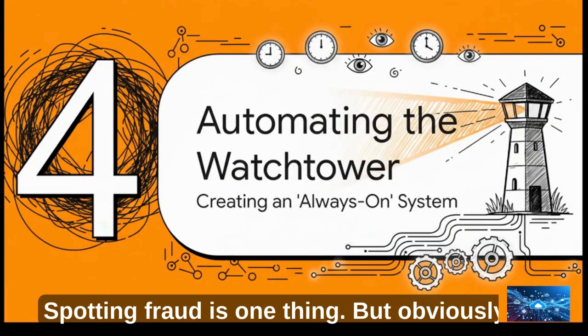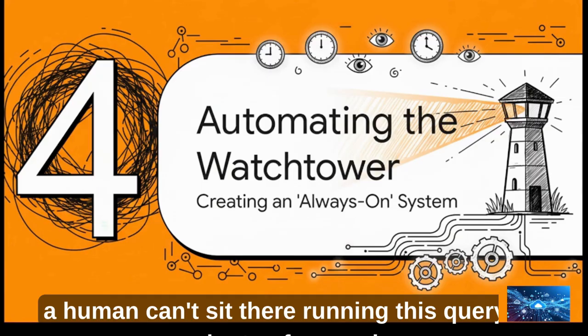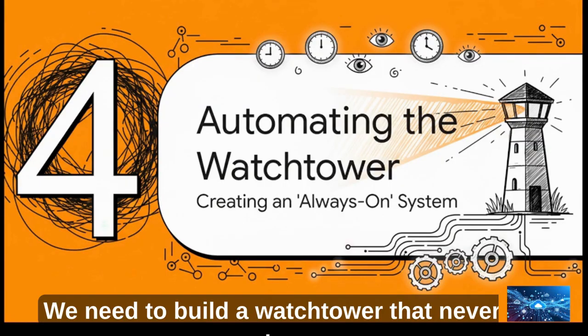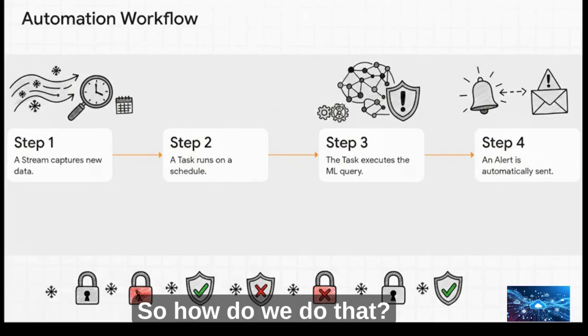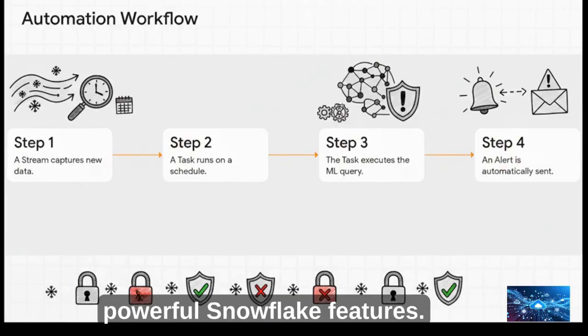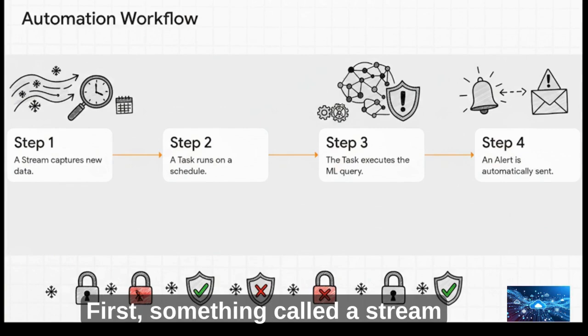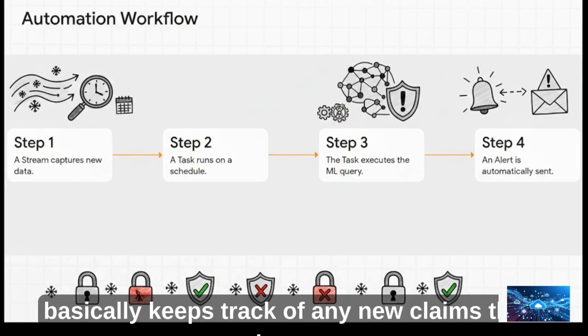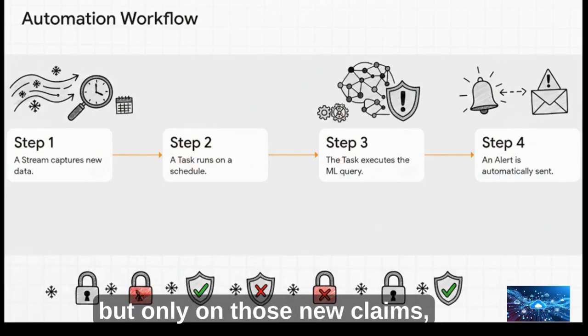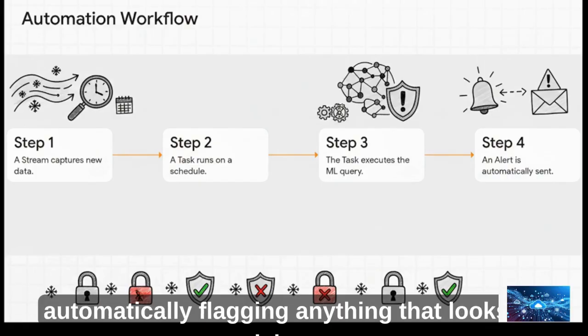one right now. Spotting fraud is one thing, but obviously a human can't sit there running this query every minute of every day, so the final piece of our puzzle is to automate this whole pipeline. We need to build a watchtower that never, ever sleeps. So how do we do that? We connect all our pieces together with two more powerful Snowflake features. First, something called a stream basically keeps track of any new claims that arrive. Then, a task is scheduled to run our anomaly detection query, but only on those new claims, automatically flagging anything